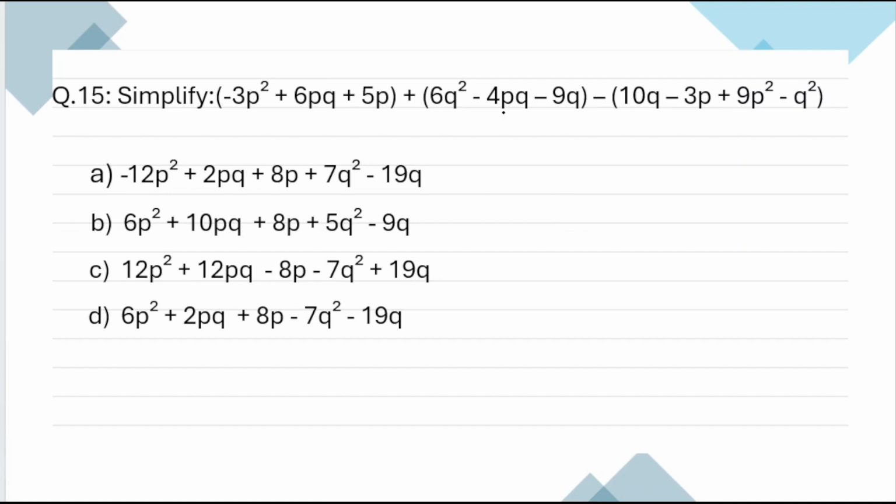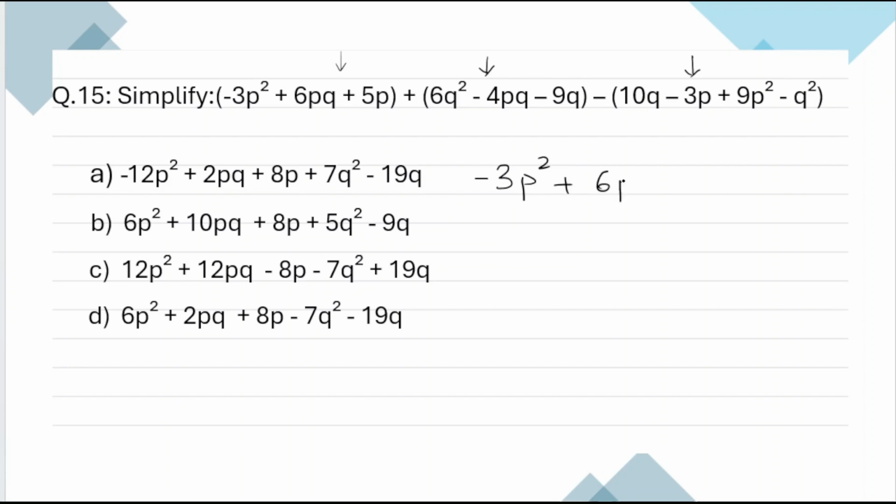Simplify this plus this minus this. So we have three polynomials. First, we have to add this polynomial and this polynomial. And then from that answer, I will subtract this third polynomial. So let's start. So minus 3p square